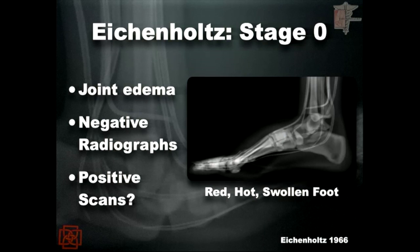So if we were to start here, we go with Eichenholtz stage 0, the modified version, where there's joint edema, and there may or may not be positive scans, but the overall x-ray is going to look normal. I will wager that this terminology would need to be modified slightly, because a negative radiograph would exclude vascular calcifications. But as we know with the RANKL pathway and some of its effects,